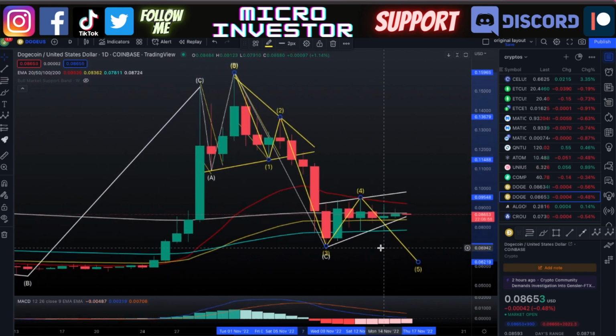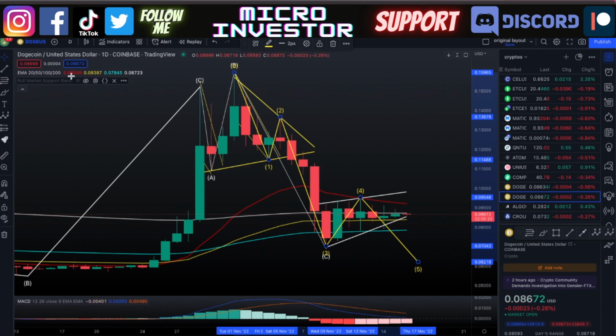then in that case, if we were to see this have a little bit of a rally to the upside, maybe we'll see that wave 3 in that case send it way higher, of course, than where we're at within all these price movements. So we've got to take some sort of silver lining here is what I'm getting at, because we can't really do anything about this moment because of the FTX situation, how that just completely crashed crypto, and it definitely sent the price of Dogecoin down.